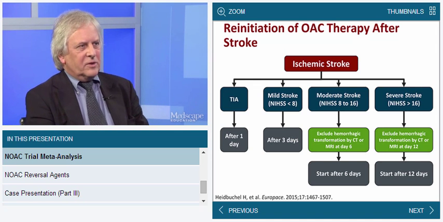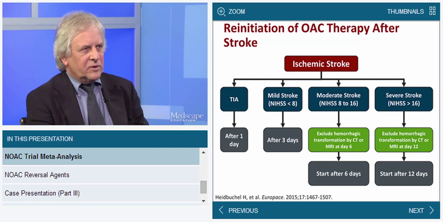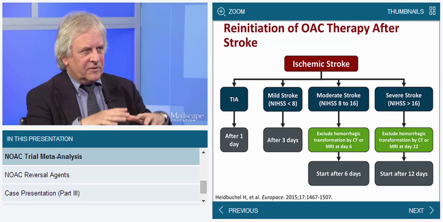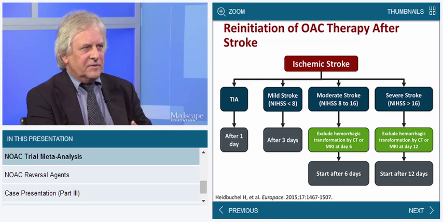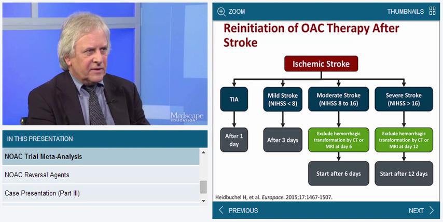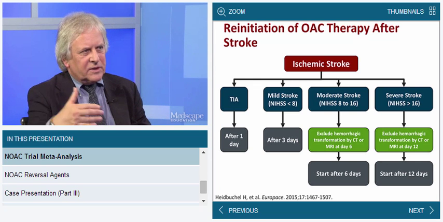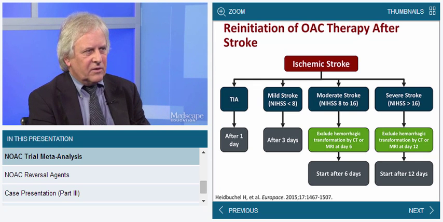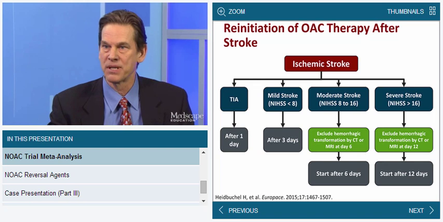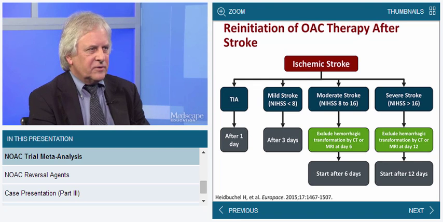But if someone had a moderate or severe stroke, I think I would do a repeat scan to see whether there is hemorrhagic transformation, and this means there is blood in the ischemic area. If this is present, in particular in patients who showed a secondary deterioration of the neurological symptoms, I would delay the initiation of anticoagulation for a few more days. Okay, but some petechial hemorrhage within the ischemic core is not a contraindication for anticoagulation.